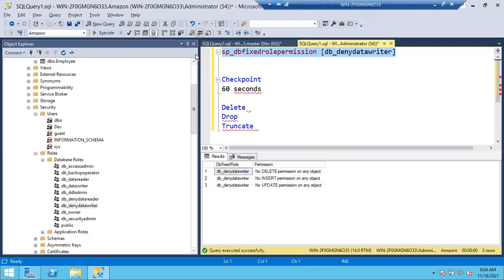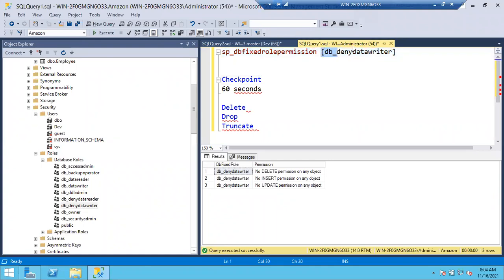Deny data writer means no insert, no update, no delete. So you can practice it. Try to insert one record with data writer permission, then apply deny data writer and try to insert one more record. You will get the error. Clear, guys?